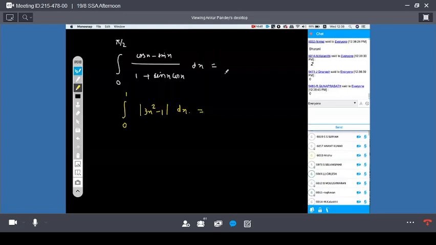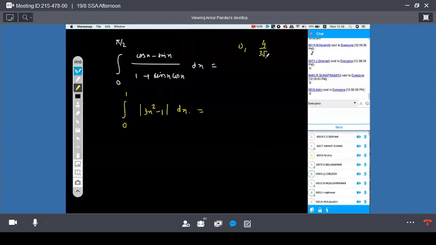Because in differential equations, options don't help you a lot. So it's 4 by 3 root 3, 3 by 7 and 5 by 6. So good. So see,